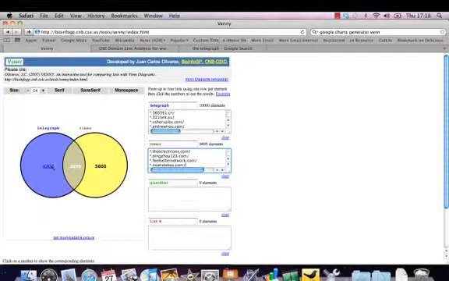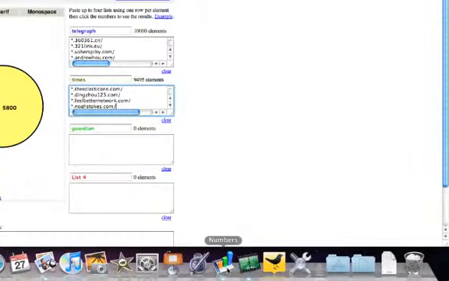So here you've got the standard kind of Venn diagram. So in the blue here we've got domains linking to the Telegraph. In the yellow we've got domains linking to the Times, and the grey area in between is those that link to both the Telegraph and the Times. So this is quite interesting, but I really want to put in a third site because that'll give me even more interesting information. So if I go back to numbers,